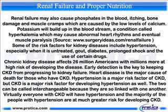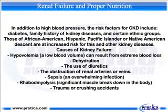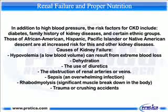In addition to high blood pressure, the risk factors for CKD include diabetes, family history of kidney diseases, and certain ethnic groups. Those of African American, Hispanic, Pacific Islander or Native American descent are at increased risk for this and other kidney diseases. Causes of kidney failure: hypovolemia, a low blood volume, can result from extreme blood loss, dehydration, the use of